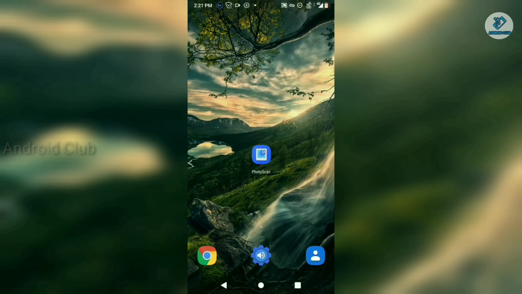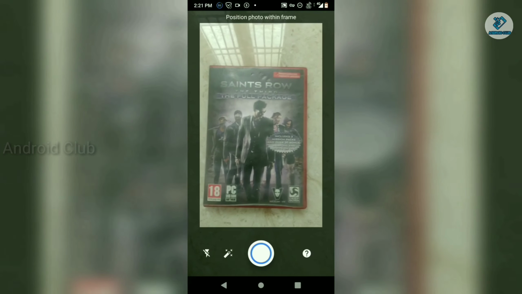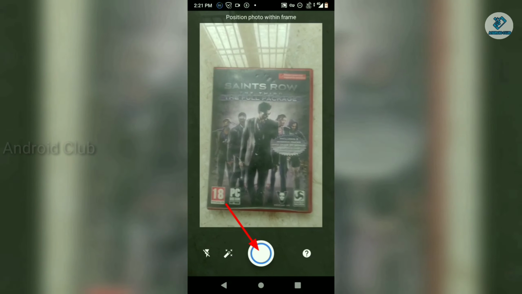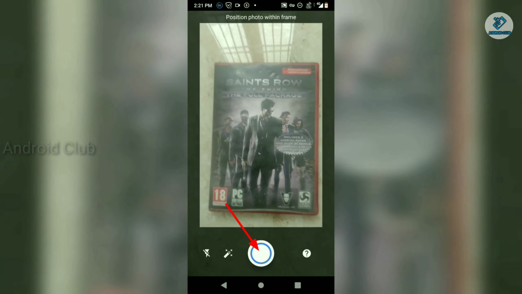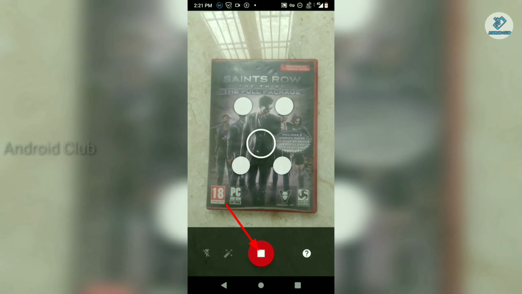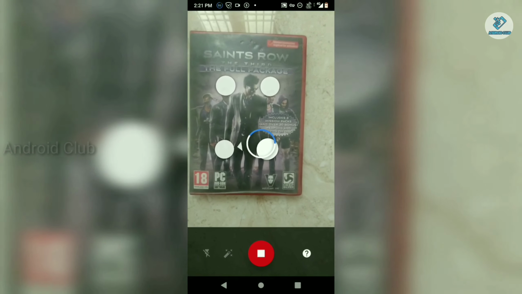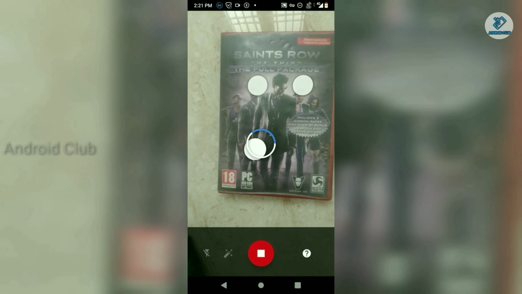To use this application, open the PhotoScan application. This is the photo that I want to convert into image. To do that, simply click on this button and allow this circle to move to this corner by tilting your device.